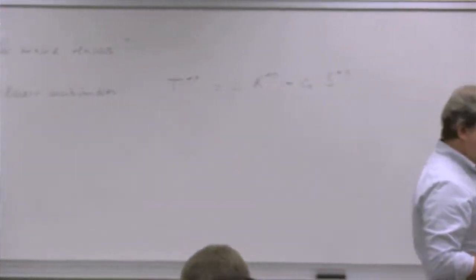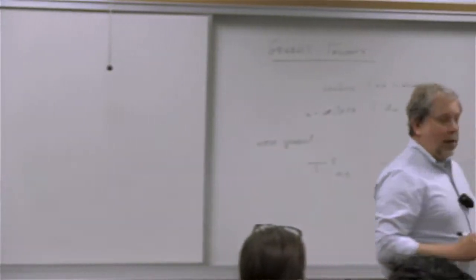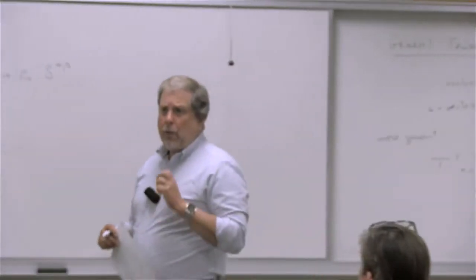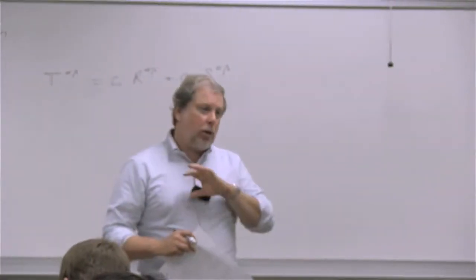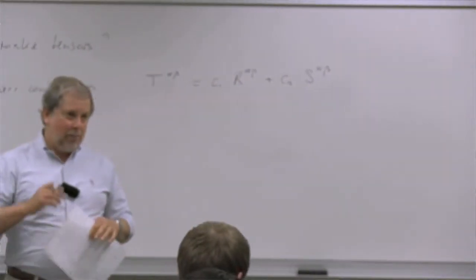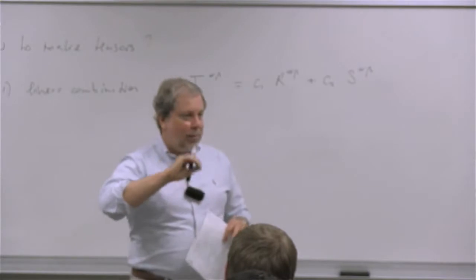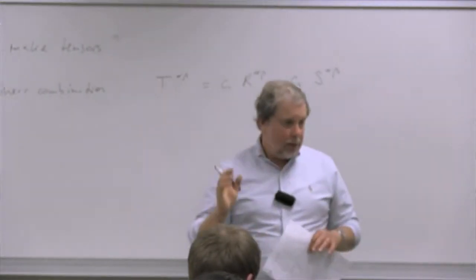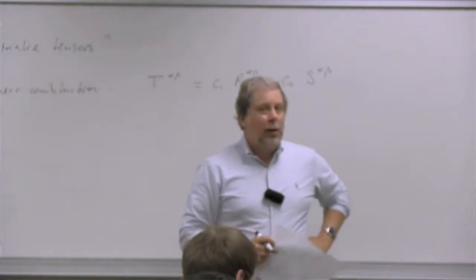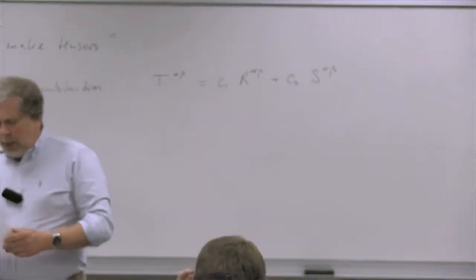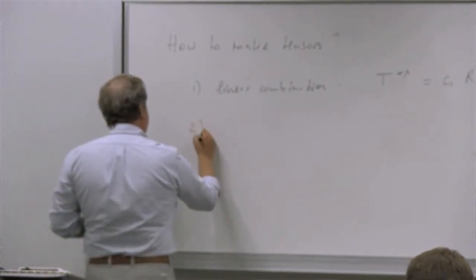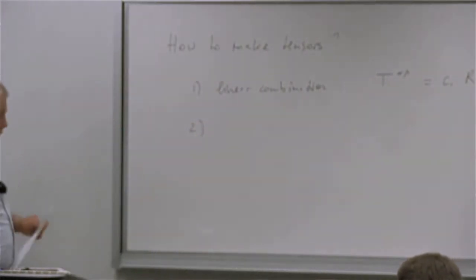The definition of a tensor is something that will transform in the appropriate way. So if it has three indices, it will transform with three lambdas, and the lambdas will be one type of lambda or the other type of lambda, depending on whether the index is upstairs or downstairs. If it has four indices, then there's four lambdas. And so that is one possibility, to take a linear combination, and the other possibility is to do